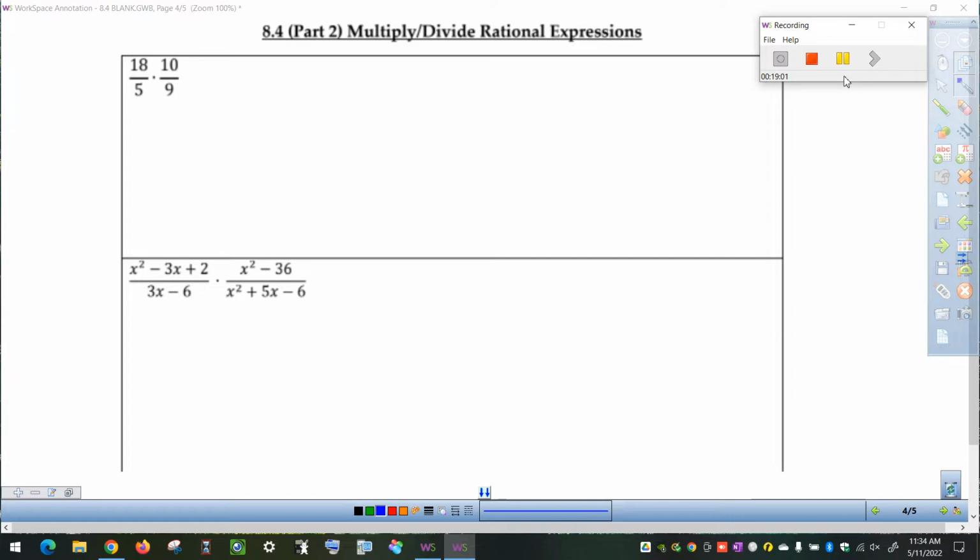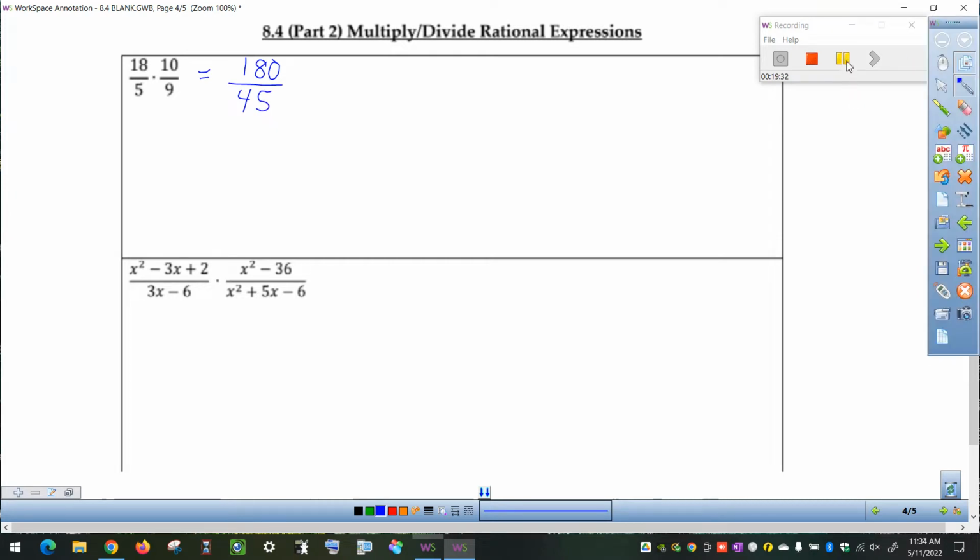All right, so we're going to start off in kind of a similar way that we did before when we were just simplifying. When we're taking a look now at multiplication, we're going to look at a way that we can multiply just regular numbers. So we're not going to put any variables or any x's into this yet. So when we're multiplying with fractions, one way that we can think about this is to multiply straight across the numerator, multiply straight across the denominator,